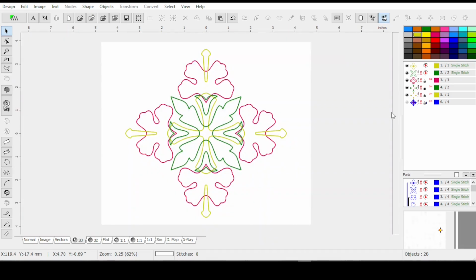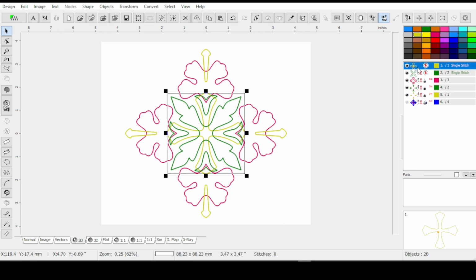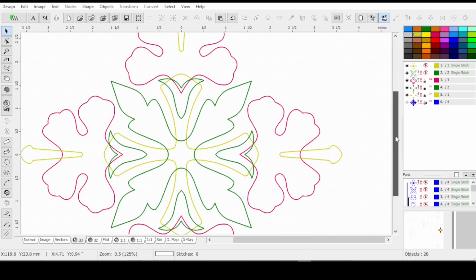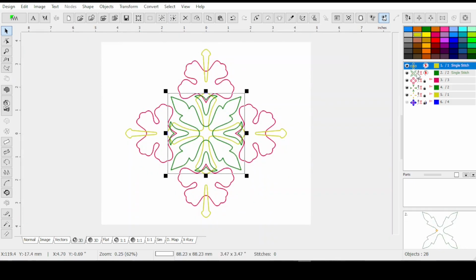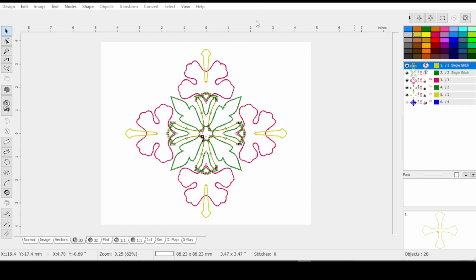So now we're going to work on our pathing of these shapes. I probably should have thought about that as I was creating them, but of course I forgot to think about that. But hopefully this will stop you from making the same mistakes. Okay, let's get started. I guess we'll start with this one, and if I hit edit,